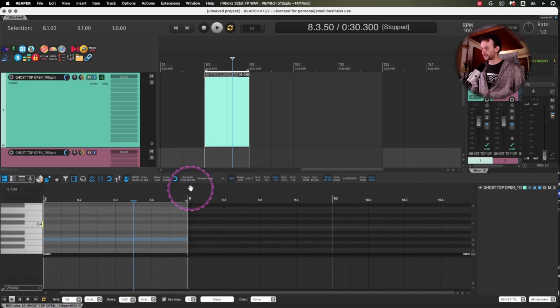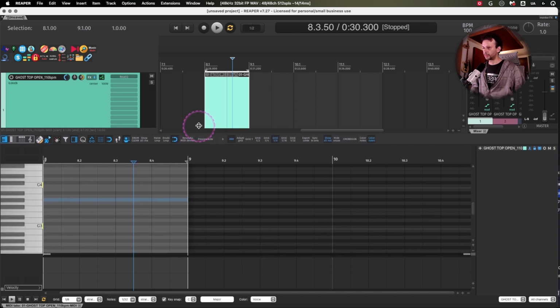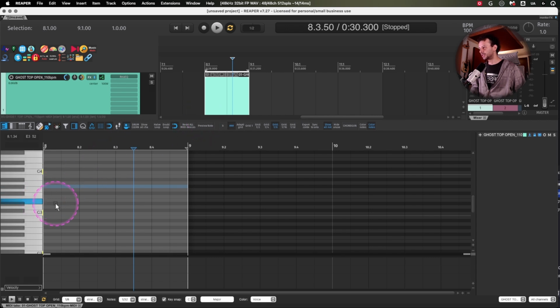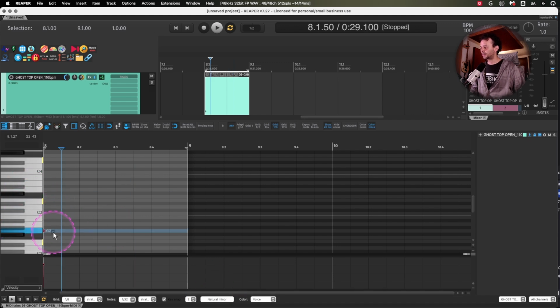So maybe if you're trying to compose something or make some music and you're not deeply musically trained, you might just want to use this bottom section where you say key snap, set it to on, and you might want to use something like E minor, natural minor. And we have a couple of actions right here. You might want to use something like E minor, and now we have a couple of extra actions right here